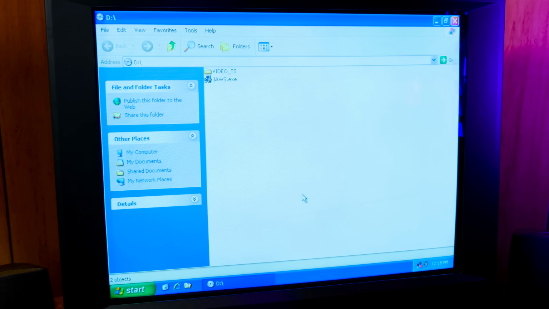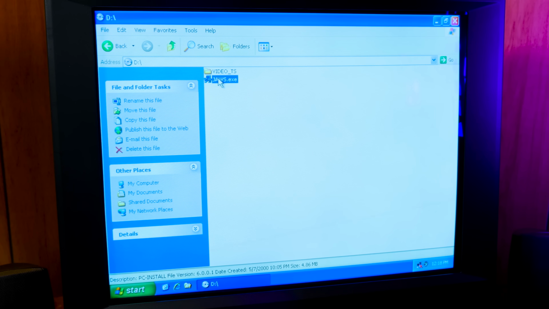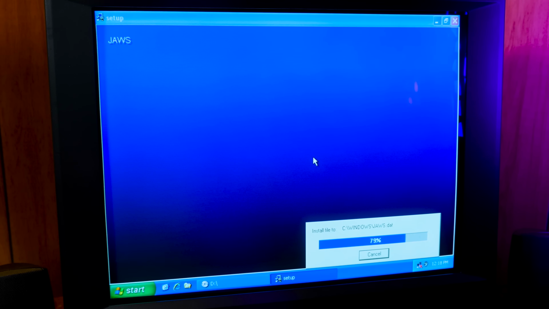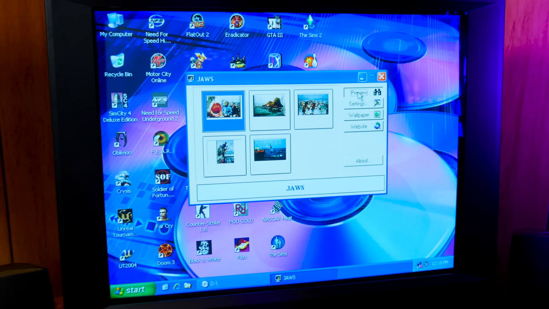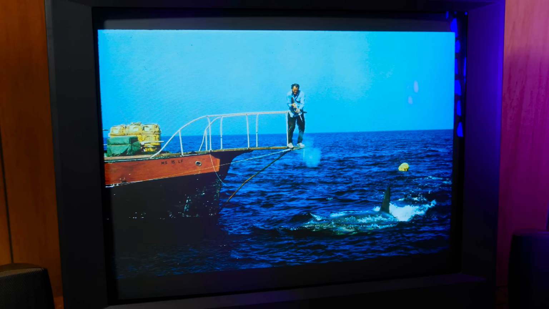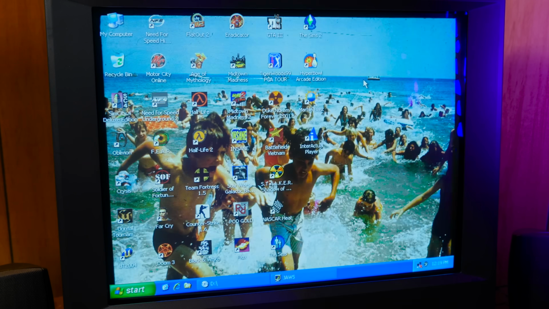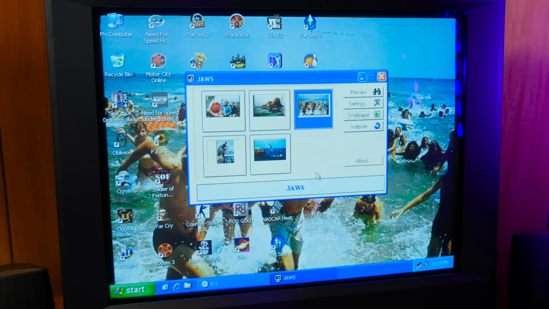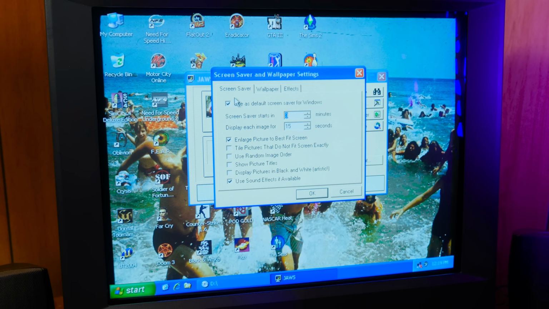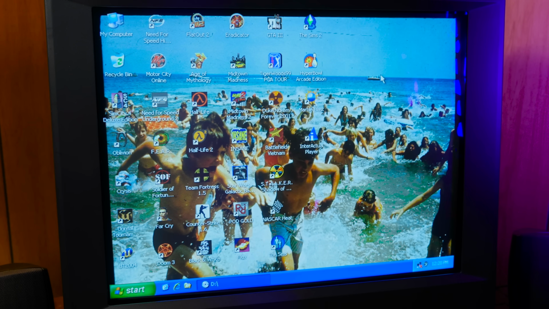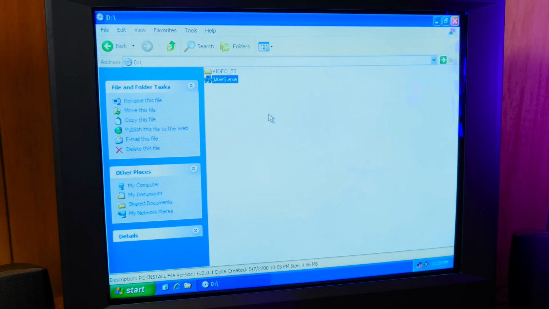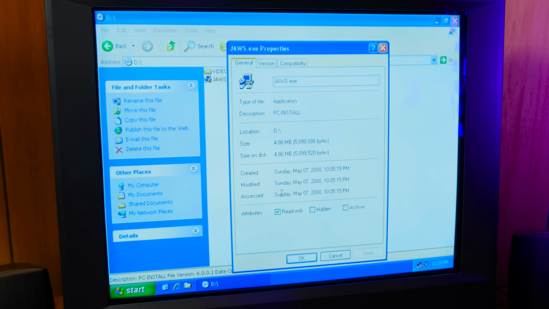And sure enough, right there in the root directory is a tiny 5 megabyte executable, which opens up this amusingly simple program, and a whopping 5 film scans. You can look at them individually here, set them as your Windows wallpaper, and yes, set them as a screensaver slideshow. And that's it. That's all you get. Genuinely one of the most underwhelming extras I have come across, really making full use of that cutting-edge DVD-ROM format.